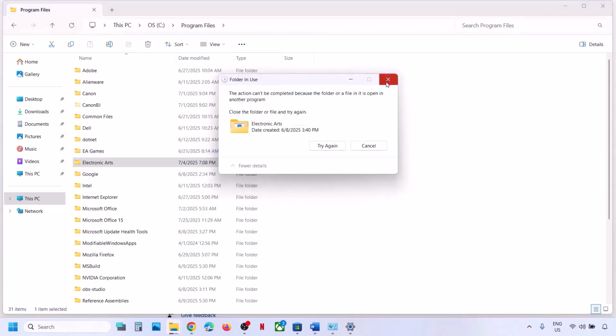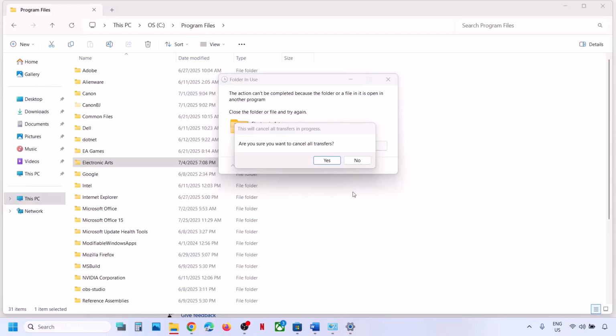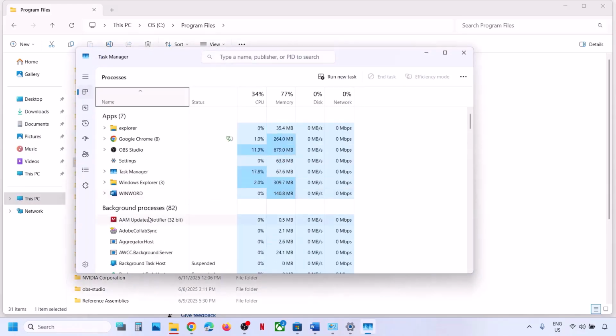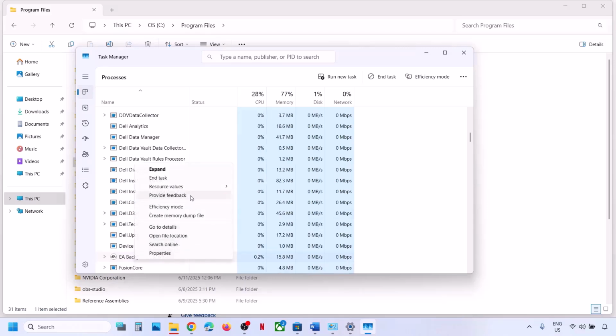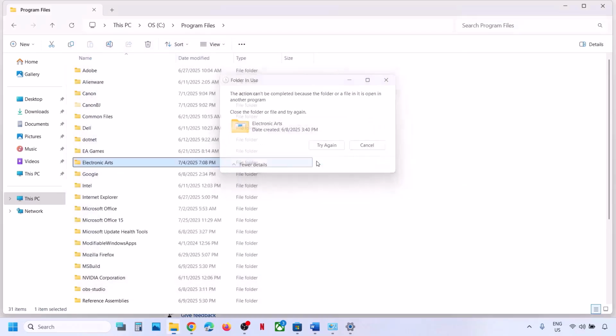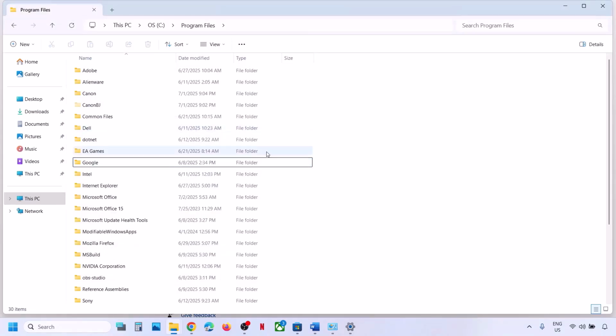So if you see the try again option, that means the EA app is running somewhere. So you can open Task Manager, or EA services is running. So in my case, EA background and task, and then you can delete this EA app. Once deleted, do not delete this EA games. Okay, now